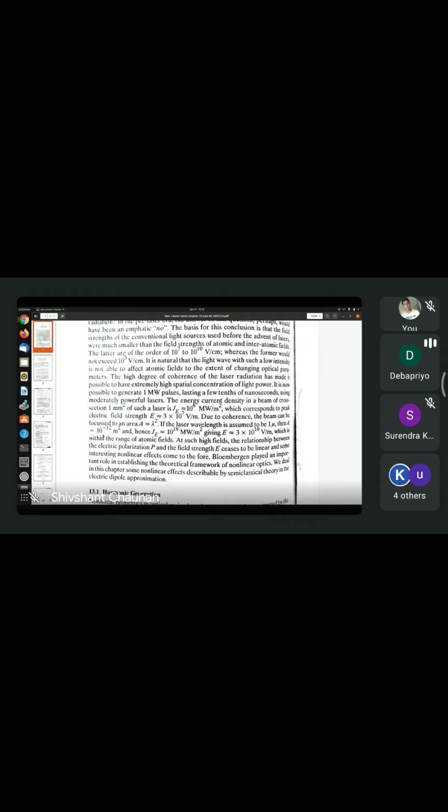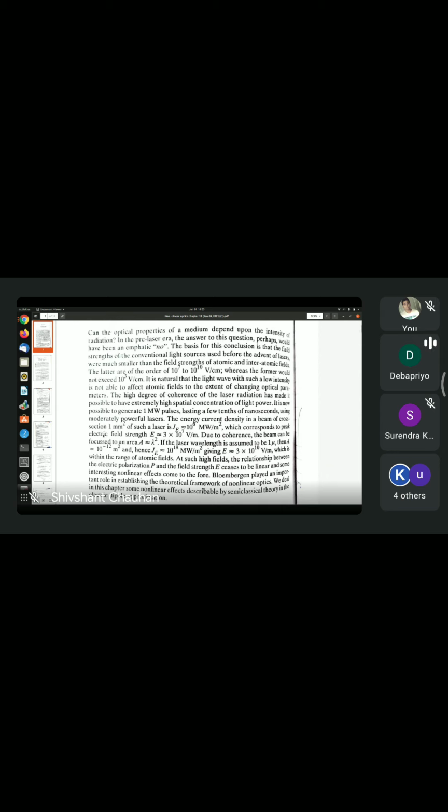Anyway, if the power over a small interval is of the order of 100 megawatt, then as you can easily see, the electric field will now rise from 10 to the power 8 volts per meter to 10 to the power 9 volts per meter. So now it is just an order of magnitude smaller than the electric field produced by the nucleus. And in this case, if we go back to this x1 and x2, we will find that x1 and x2 are no longer negligibly small compared to r0. So you have higher terms to take into account, x1 square, x2 square, x1 cube, x2 cube, like that.